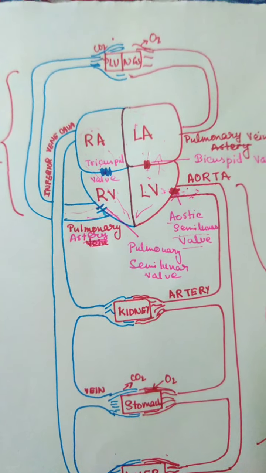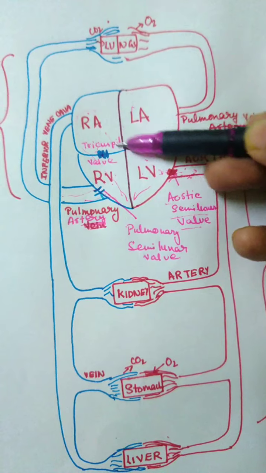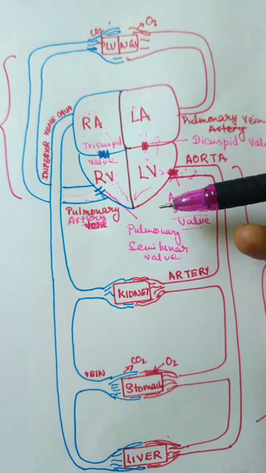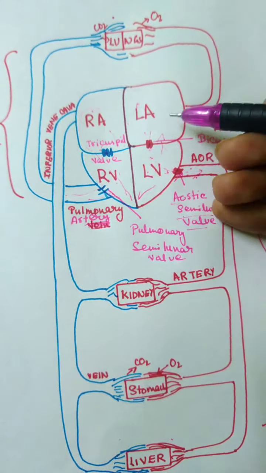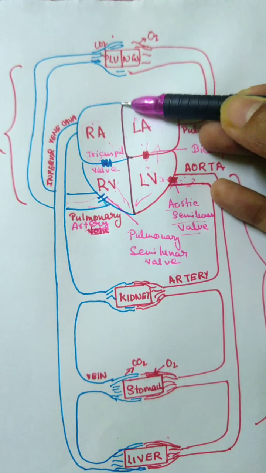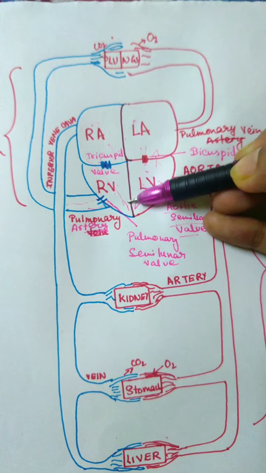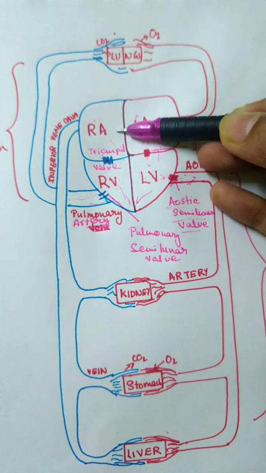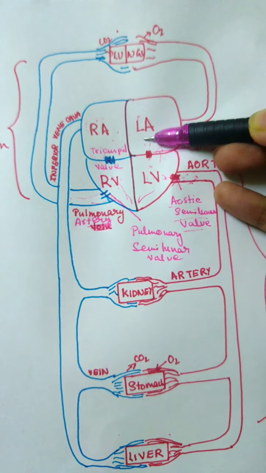These are divided into the upper chambers and the lower chambers. The upper chambers are known as atrium. The lower chambers are known as ventricle. The right part and the left part of the heart is divided via a muscular wall known as the septum. This prevents the intermixing of the deoxygenated and the oxygenated blood.